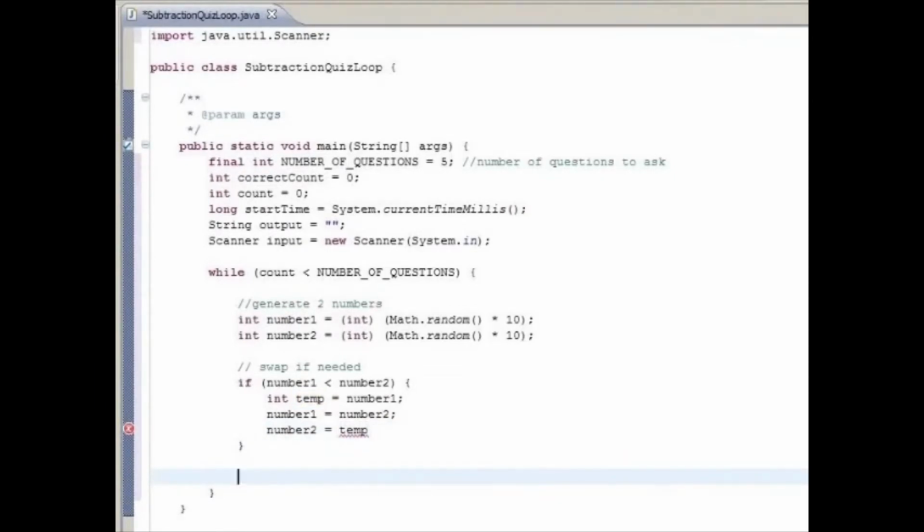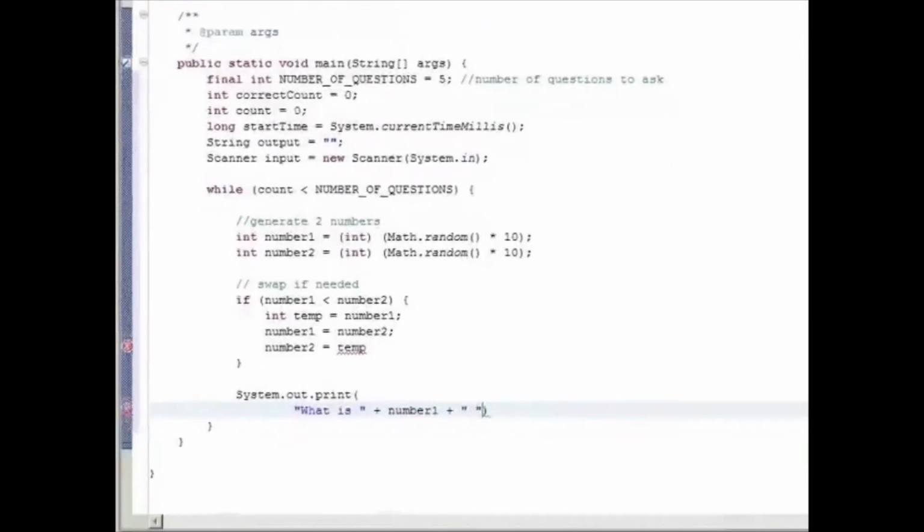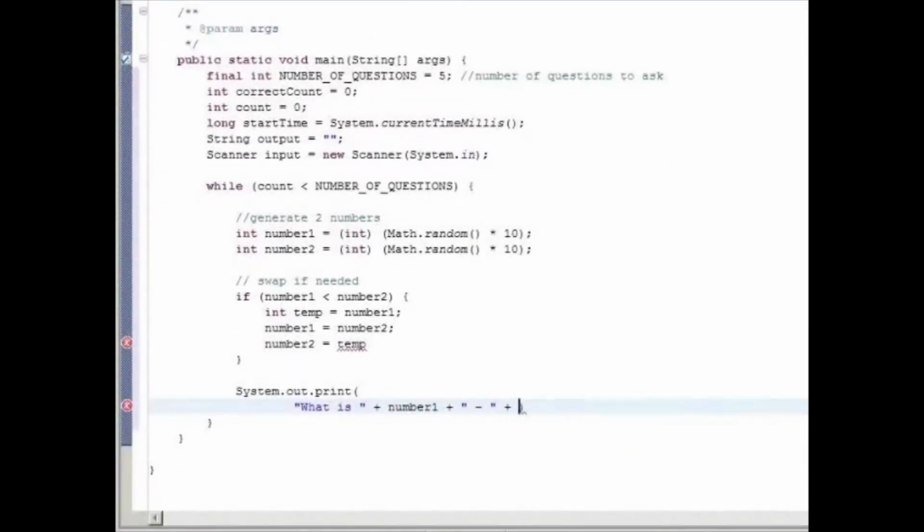Now we're going to prompt the student to enter an answer. So System.out.print, and I'm going to put this on a new line just to spread things out a bit. So what is, now we're doing some string concatenation here. So number1 plus a string with a minus sign in it plus number2, plus a string with a question mark in it. All right, and we'll get their answer. So int answer equals